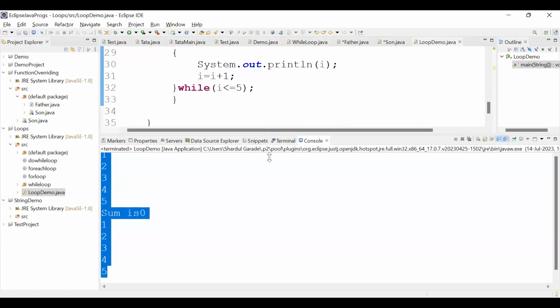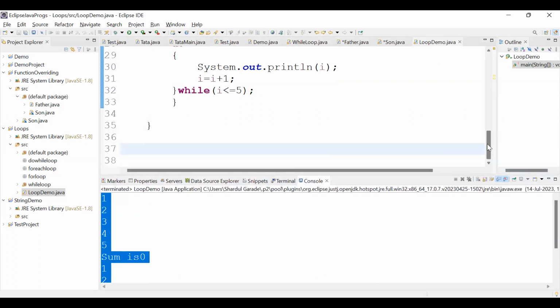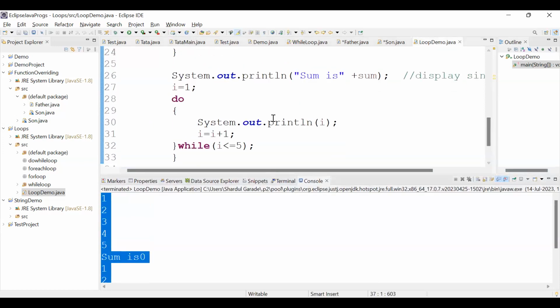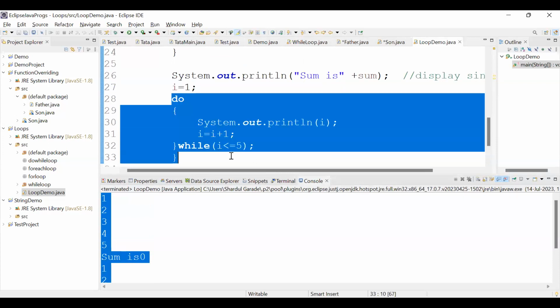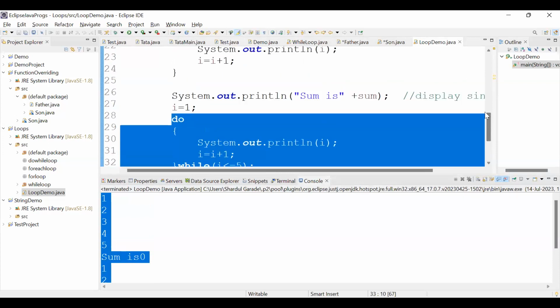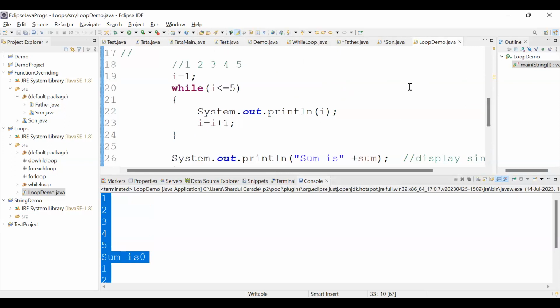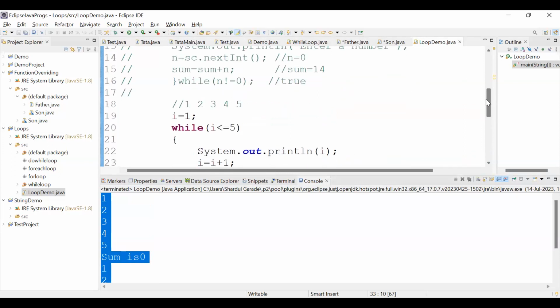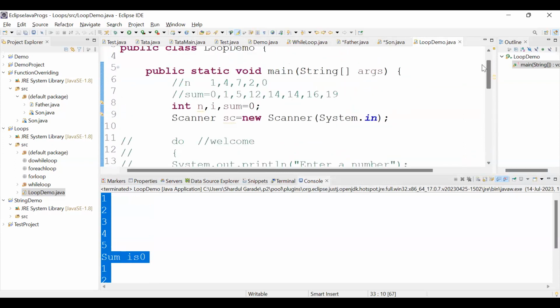So when you want the loop to execute at least once, use what? Do while. Okay. And if you want it condition based, if the condition is false the first time, don't show. So if you look at your while menu program,